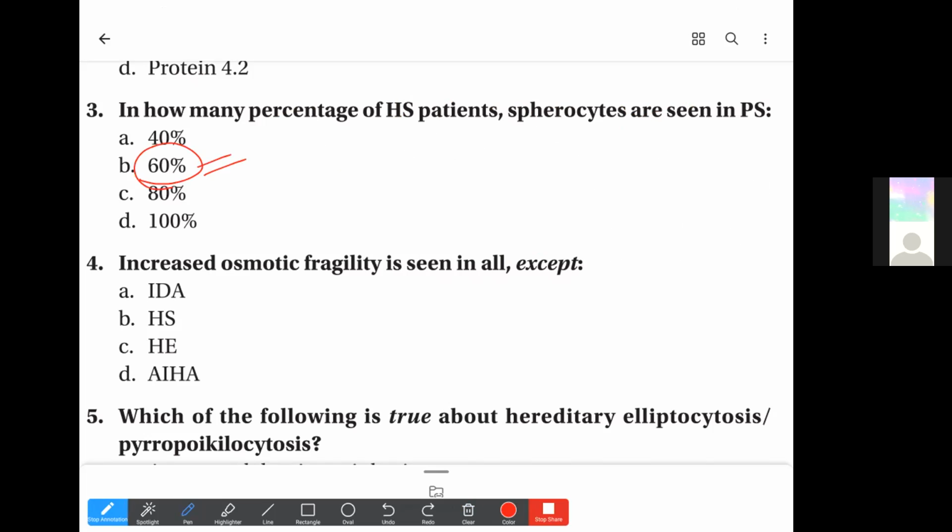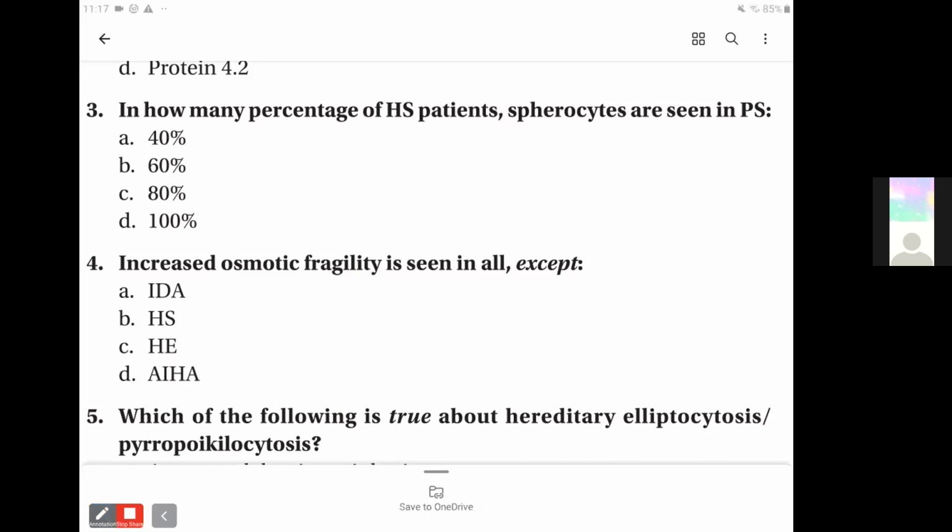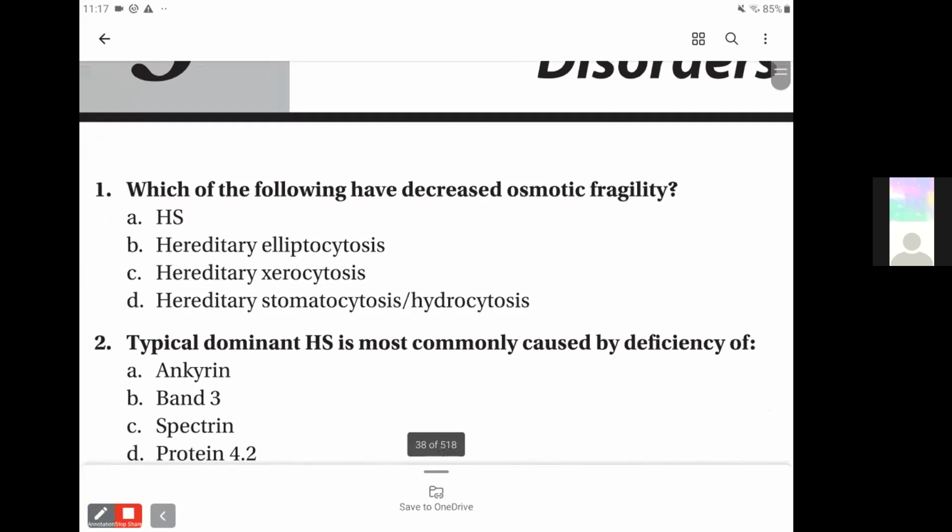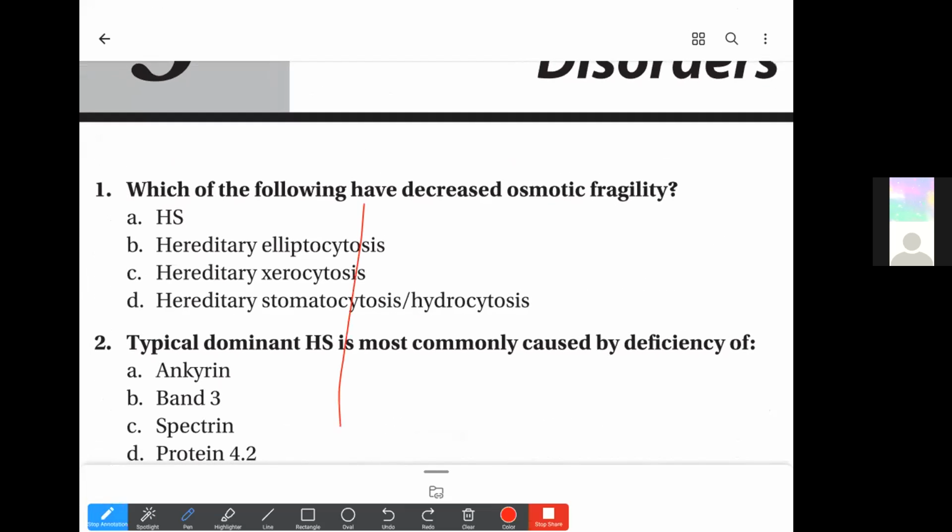Then increased osmotic fragility is seen in all. Now we were first going through the decreased osmotic fragility, and we mentioned all these diseases, and we were able to highlight the various forms that are only in these membrane disorders. So there are other conditions also. We might as well go through them right now, particularly with reference to osmotic fragility, there are membrane disorders. So we have membrane disorders, and in those cases we have done the ones that